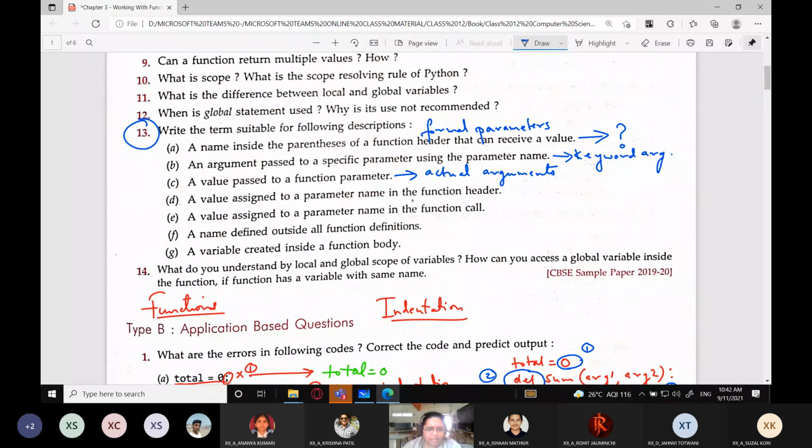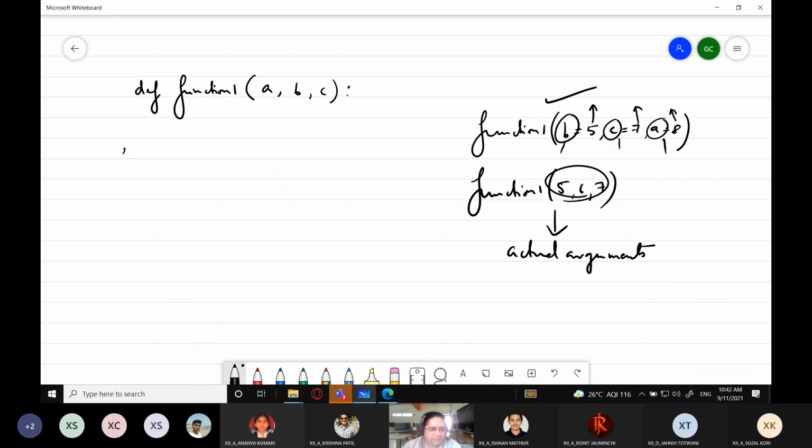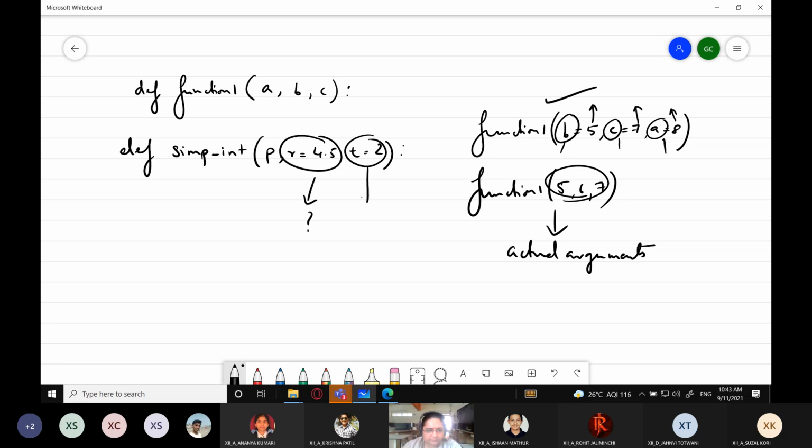A value assigned to a parameter name in the function header. So yes, now a value assigned to the parameter name in the function header means I am defining a function here, simple interest, and here I write p comma r equals 4.5, t equals 2. Tell me, which type of arguments are these? Quickly, these are which type of arguments? These are optional arguments,